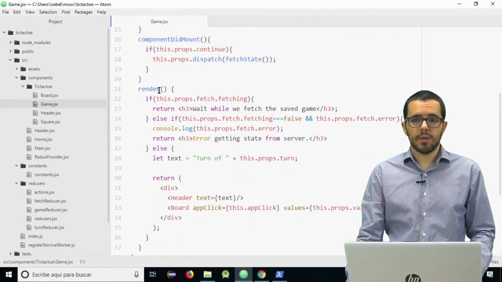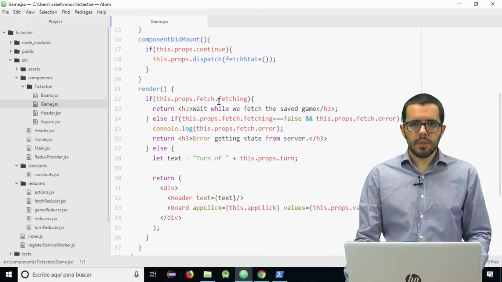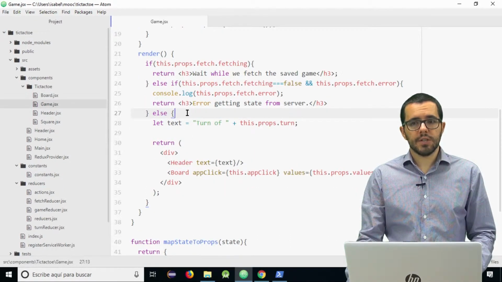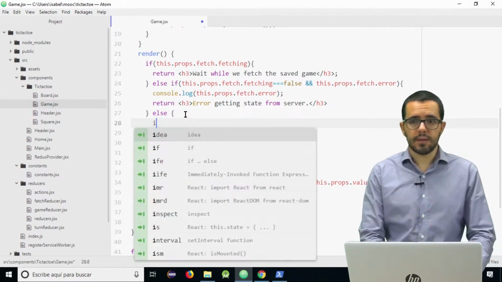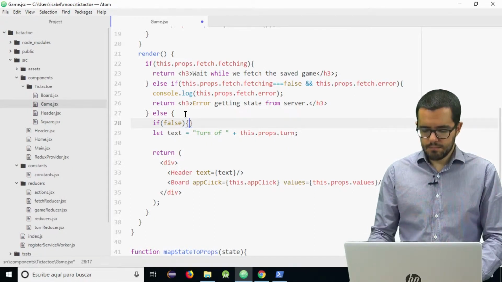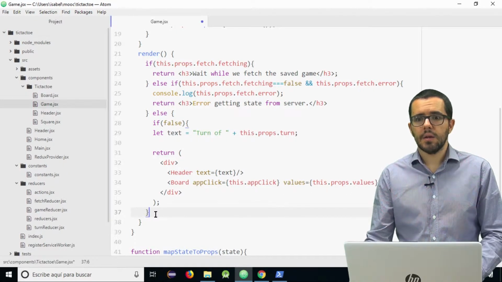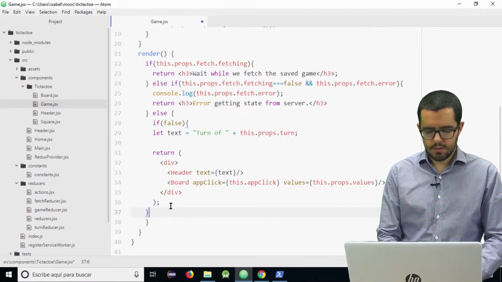Remember that we have in the render method these three alternatives depending on the fetch state. So we are not considering fetch but the player name, so we go to this third alternative and we add a condition here that for now is going to be false because it will depend on what comes from Redux.